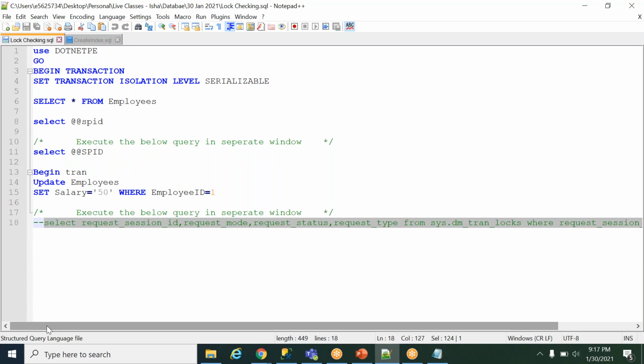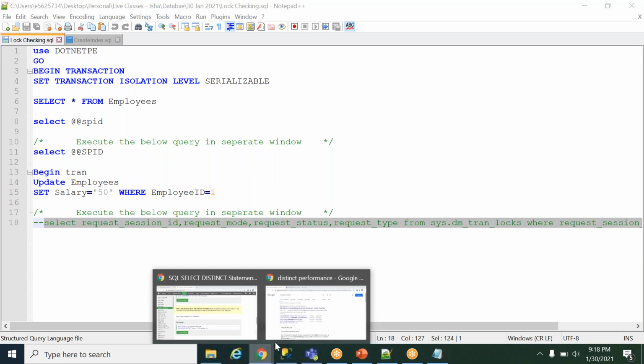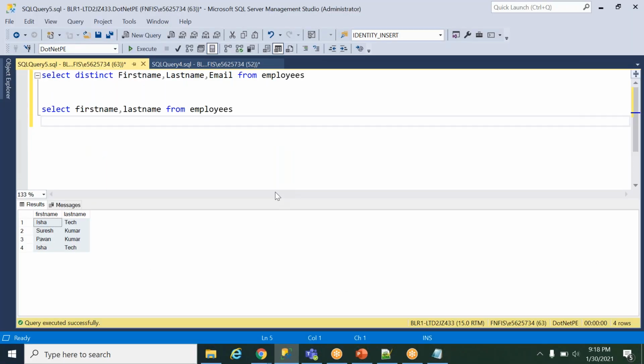If not distinct, to speed up the select queries, what others can be used then? Select definitely the unique values, unique column names can be used. Unique column names only we have to use.